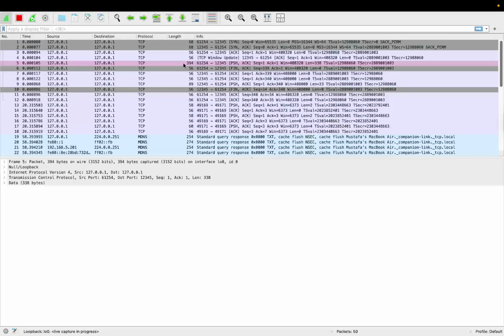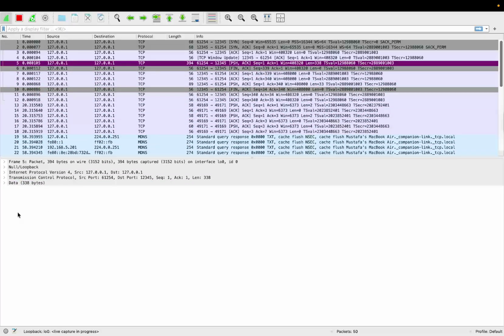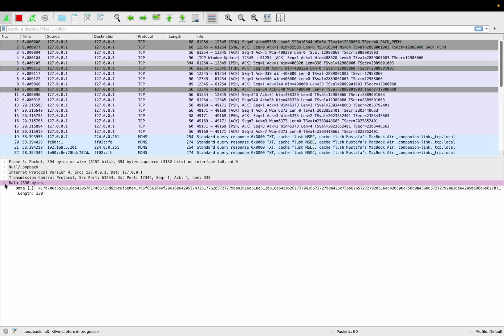When I choose it and come down here, I can see the data, which is 338 bytes, the exact number that is saved on the file. And when I click it, it's only a byte stream that is not readable by me,